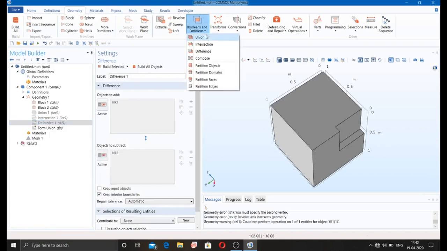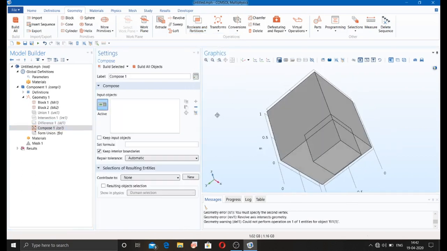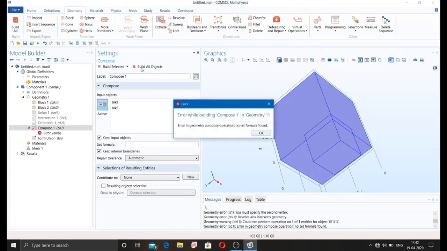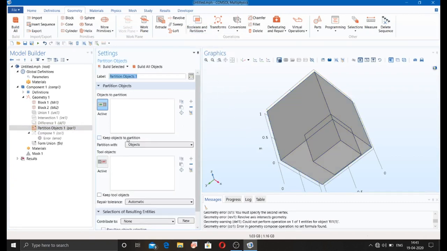I'm going to the compose, and in this I have to use the formula for getting this particular partition object.